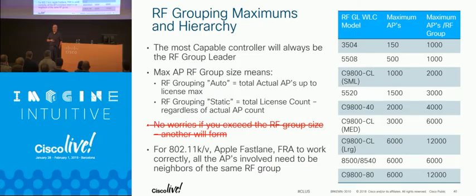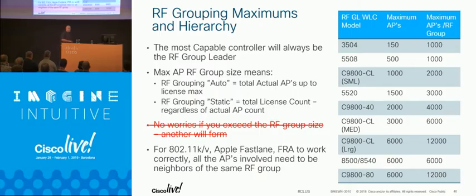So there is a hierarchy. You can't force, even in static mode where you can add secondaries and develop it, you can't force a lower capable controller to be the boss of higher capable controllers. So if you ever do this, like me, I do it in my lab all the time, and I'm like, God, why won't that group? And it's like, oh yeah, there's a hierarchy. Go back, flip it around, and make it go. But it can cost you some time.